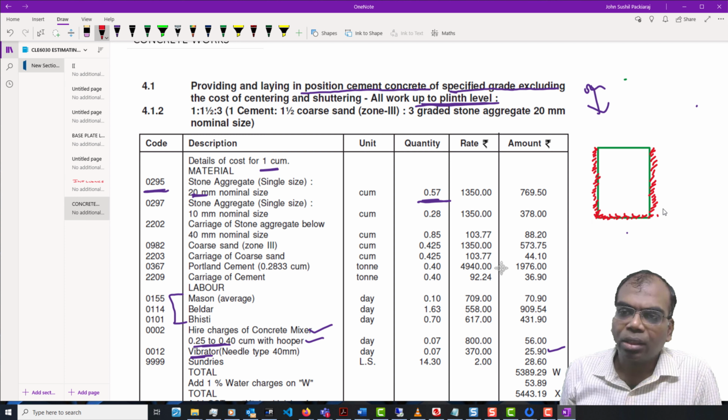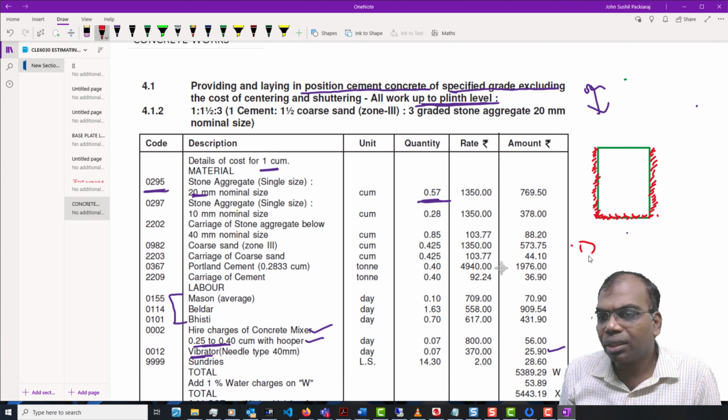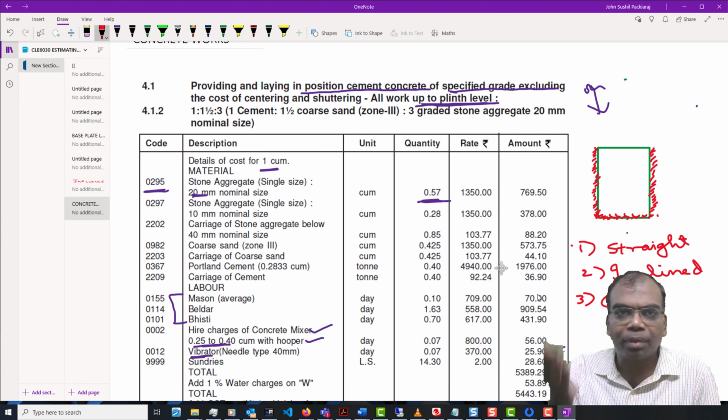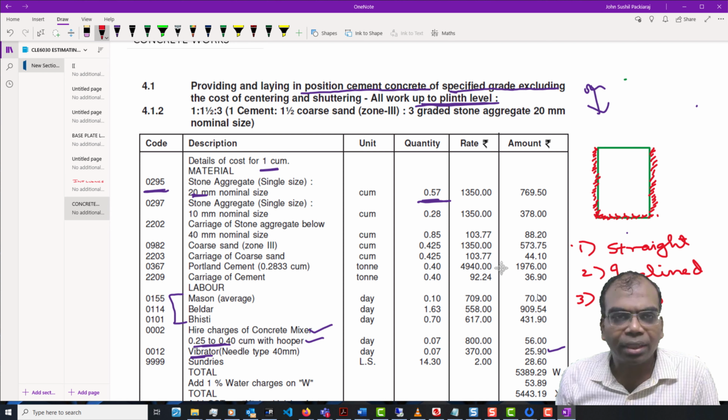Now in practice what we do is we divide the shuttering into a few kinds. Firstly you have the straight shutter, and the other one is, for example, the inclined shutter, and the third thing is the curved shutter. When I say straight shutter: soffit of beam, soffit is the bottom of the beam, undersurface of a slab, side of a beam, side of a slab, it is straight. Flat, straight, whatever you want to take.